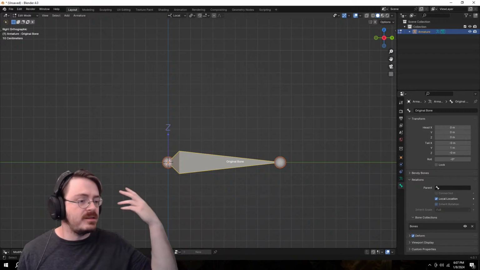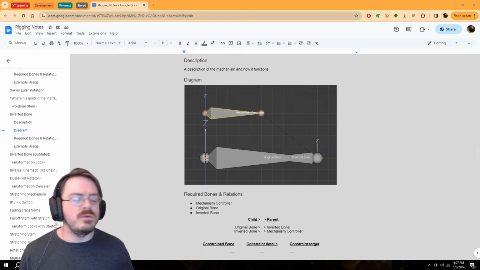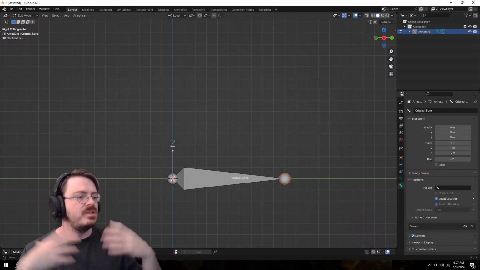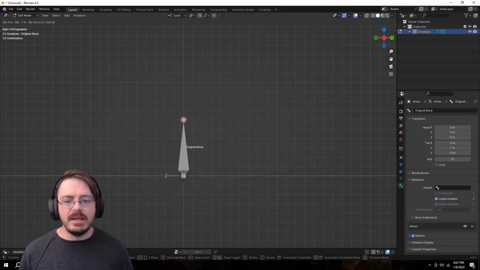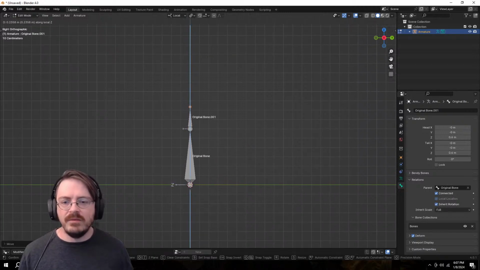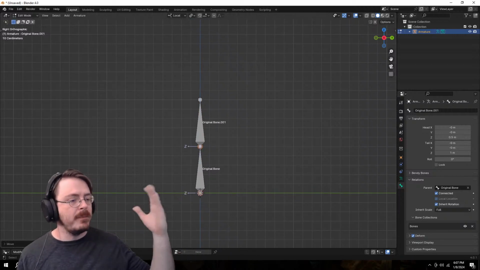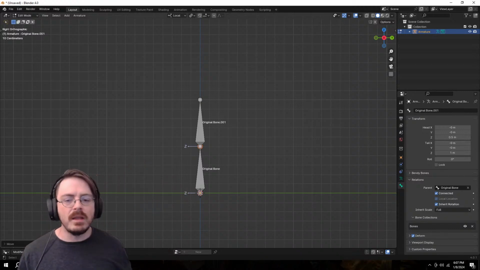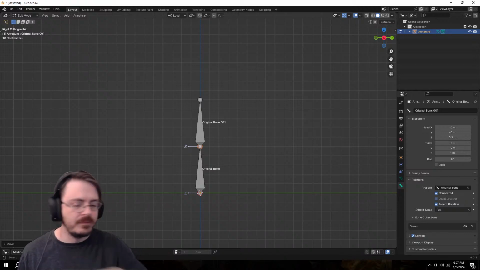So what was I calling it again? The two bone stem. So let's take a look at how this guy works, right? As just a different thing that I need to learn and document for myself. The idea here is that if I've got two bones, something like this, and let's say I want to bend them, kind of like if you had maybe a flower stem or something like that, in such a way that they kind of curve over, right?